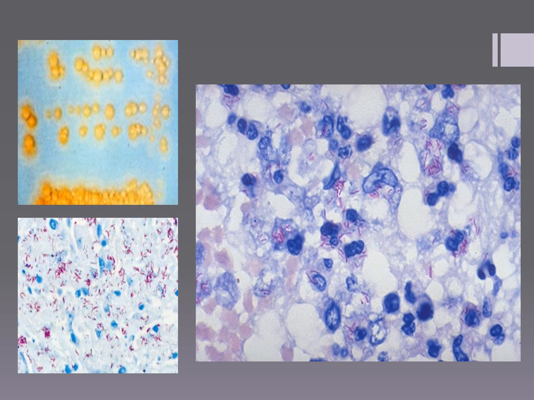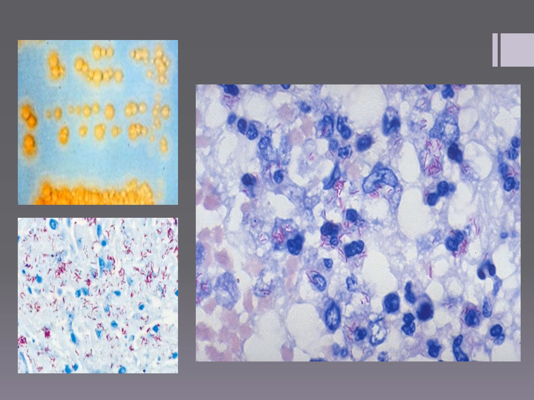So here's some pictures as to what Mycobacterium looks like on a Lowenstein-Jensen agar. If you take a look at that image on the upper left, this is a picture of one of the Mycobacterium species. It's kind of dry and breadcrumb-like, and it's growing on a green media known as Lowenstein-Jensen agar. The two other images on this slide are pictures of acid-fast bacillus that are not stained with gram stain, but they're stained with a couple of stains known as Kinyoun's carbolfuchsin, where the acid-fast bacillus are red or pink on